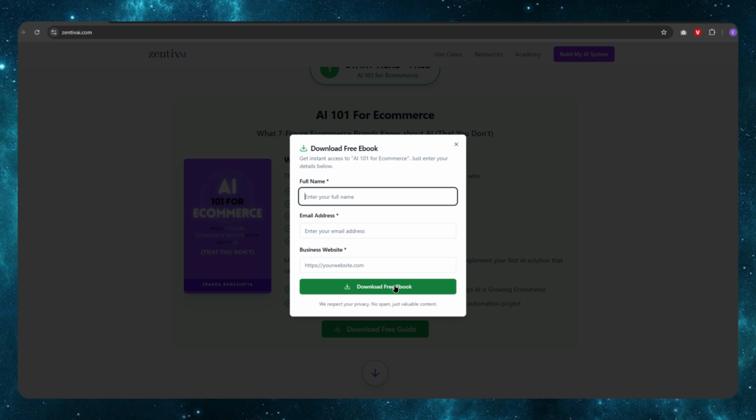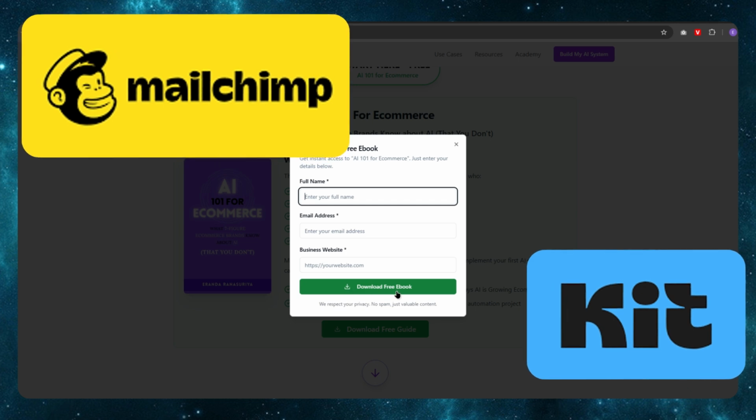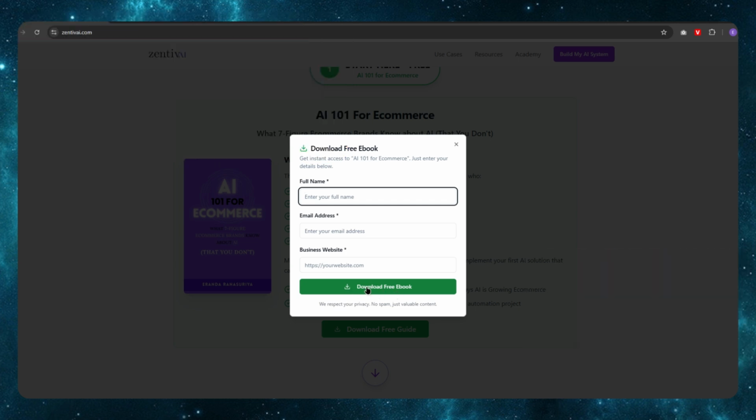What's important to notice here is generally we will have to connect it with third-party software like MailChimp or Kit to be able to collect user information and put them into a subscriber list and let them download the ebook. But in this case, it's all been handled internally, no third-party apps,